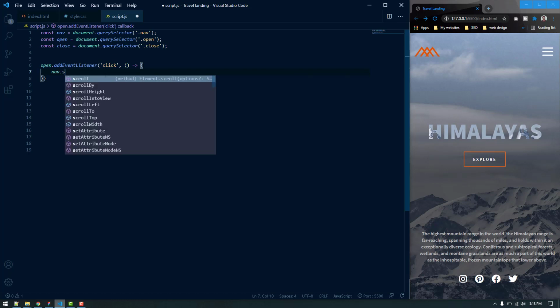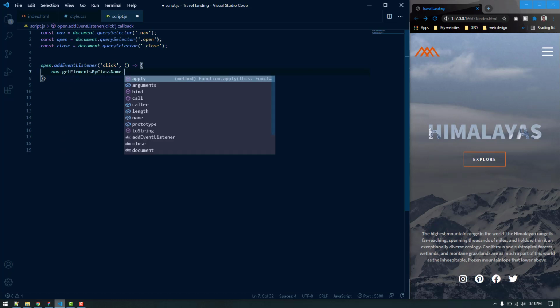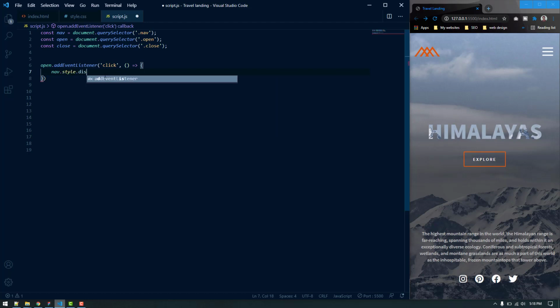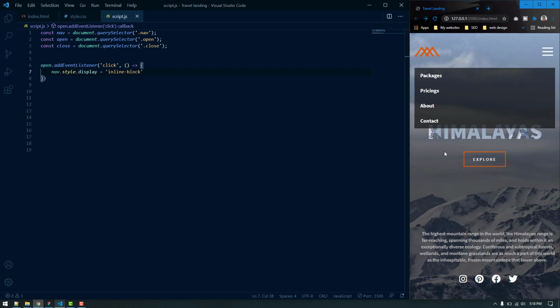So nav.style.display. Display is the property we want to change, and we want to make this inline block, or we can also use block, it doesn't matter. So when we click here, it displays. So we want something else here. We want to show the cross icon and remove the hamburger icon.